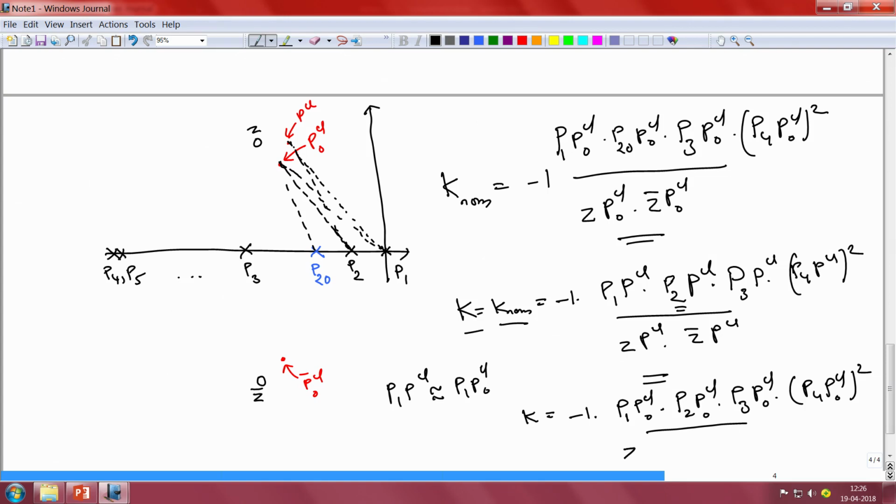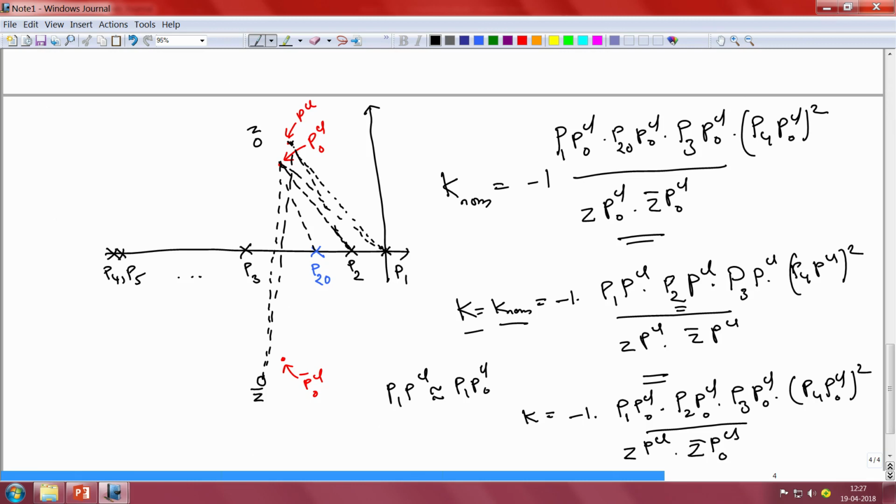Hence, we shall preserve the complex number in the denominator as Z PCl. And the final complex number here is Z bar PCl, which represents the complex number that connects the point Z bar to the point PCl. You can see from the schematic here that this complex number is for all practical purposes identical to the complex number that connects the point Z bar to the point PCl naught, simply because once again the point Z bar is very far away from both PCl as well as PCl naught. Hence, I can replace the last term with the term Z bar PCl naught.